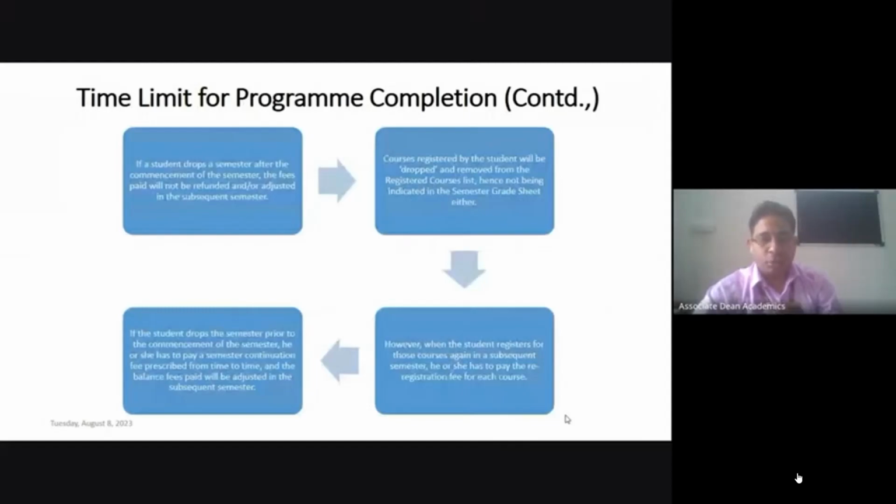But whenever you re-register a course, for the reasons I mentioned already, what can be the reason for re-registration? Either you have failed in a particular course, or you want to re-register a course for grade improvement, or you have dropped a particular course in a semester after commencement of the semester. There might be several reasons, but every time you re-register, you have to pay re-registration fees. Your degree might be extended by a certain period, but within the n+3 allowed period